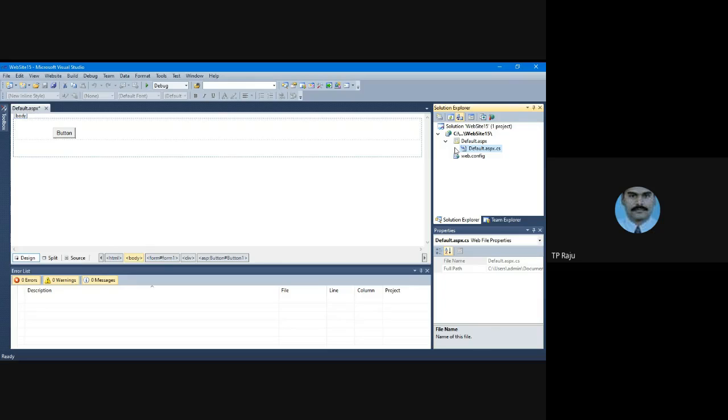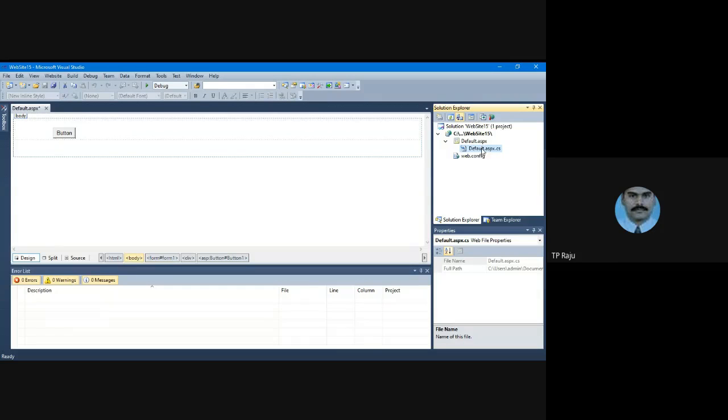Till now you have seen only design view and source view. Both are related to the web page. Design view shows the controls design. Source view, the source tab, shows the tag type of environment of that particular design view. Now you are going to see one more window. It is called the code behind file window.